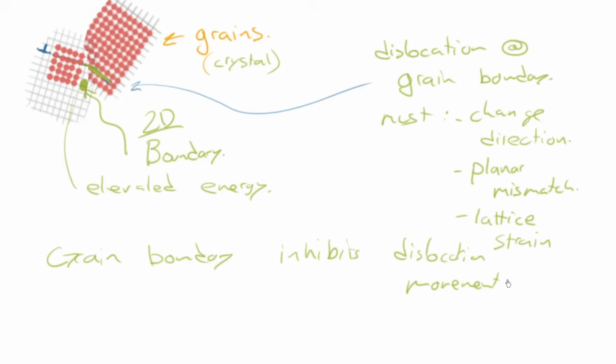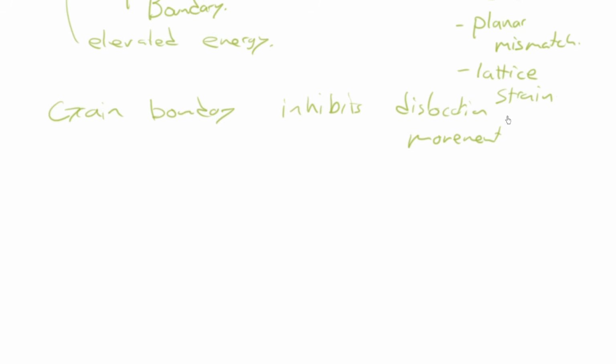And why is that important? Well, that's important because all we need to do then to strengthen a metal is decrease the size of the grains. Strengthen metal by decreasing grain size. And there's various ways to do that. But all else being equal,